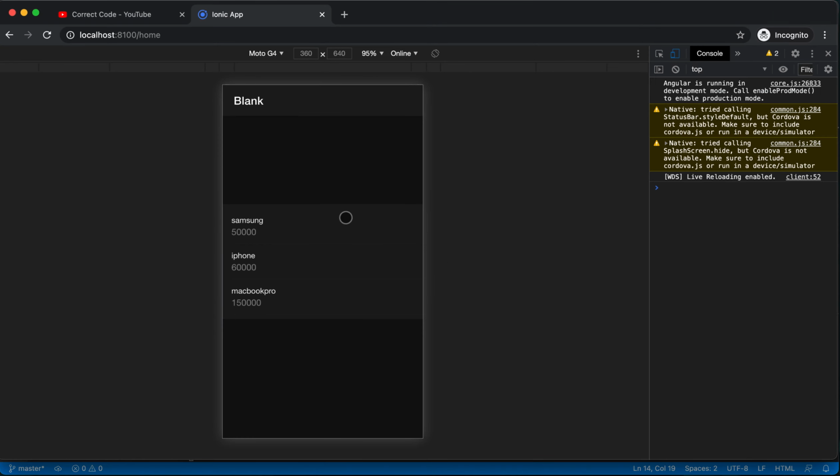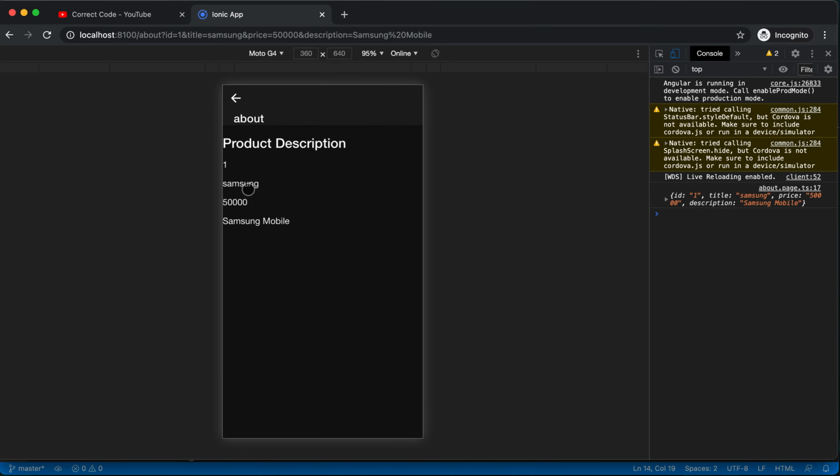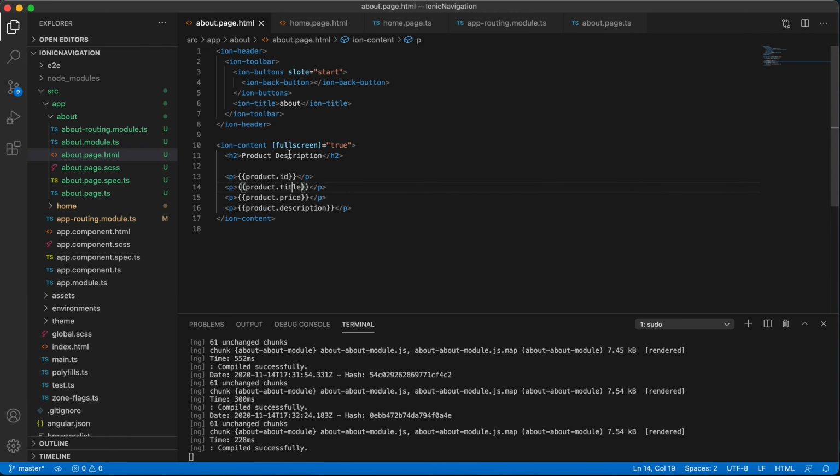So now if I click Samsung, we get the Samsung, and the Samsung mobile description. So we are able to pass the data from one page to another page. This is how it works.